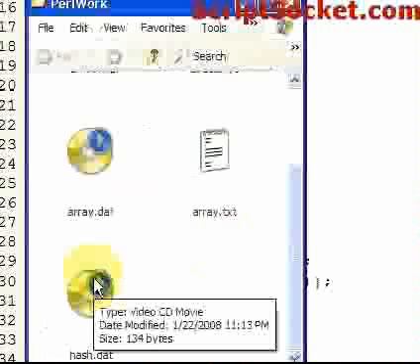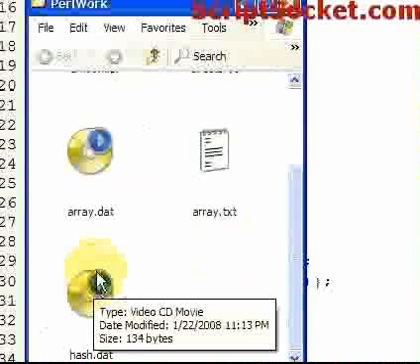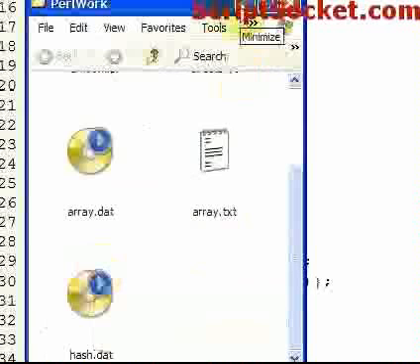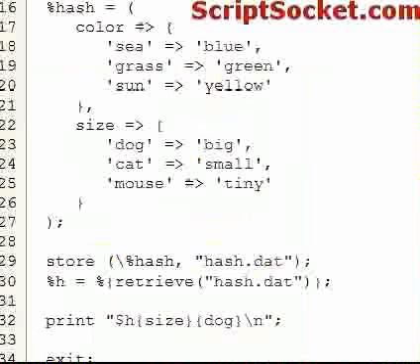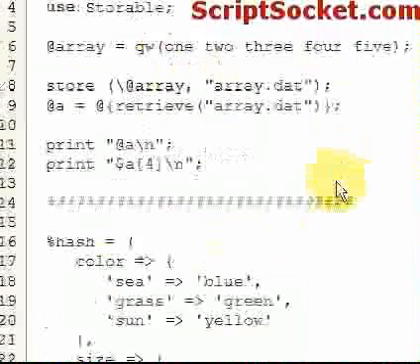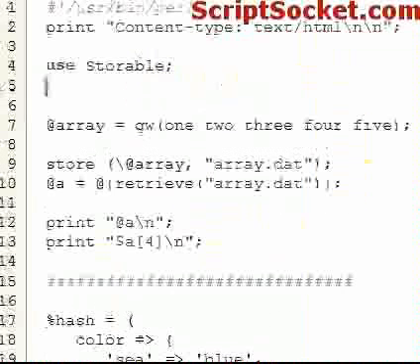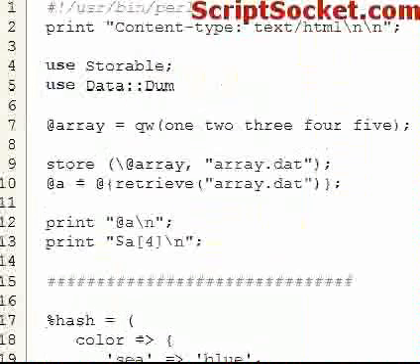Now these dat files and these text files are a little bit weird to read. So what if we've stored a hash of hashes and an array of arrays and they're much bigger than this, and we've forgotten what the data is? What we could do is use a module called Data::Dumper, and that will print out your data structure,